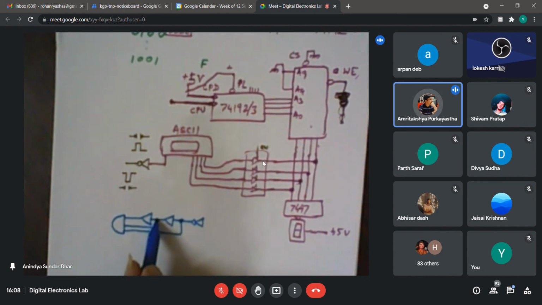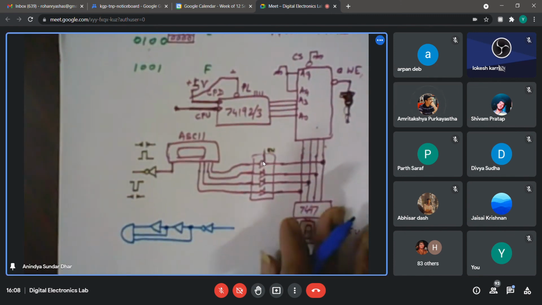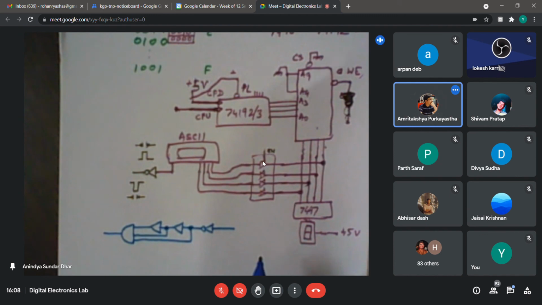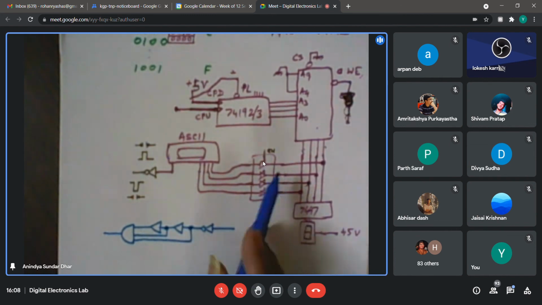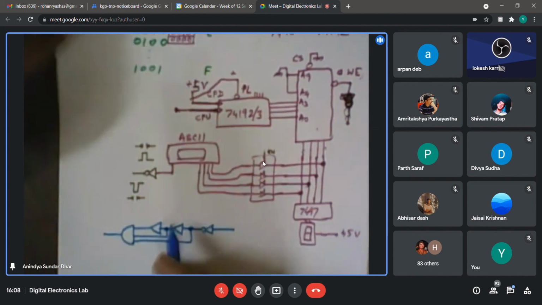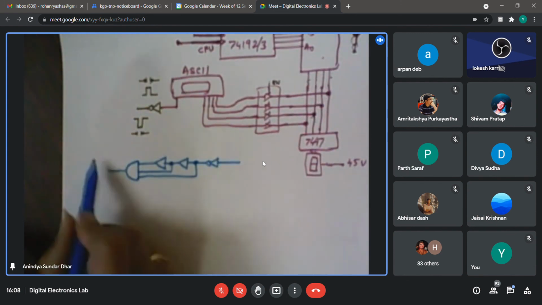So instead of using the inverter, can't we remove the inverter and simply use a NOR gate instead of an AND gate? That you try. Okay, so I have not tried it myself, but instead of the inverter, what do you say you will connect? We just remove the inverter and in place of AND we just use NOR. Just check it out, because here there is another tick delay. So then once again it may not synchronize, so you may require a longer delay in that case. Maybe a 4 input gate might be necessary. I'm not sure actually, but I used this and finally it worked, it has stretched that one.